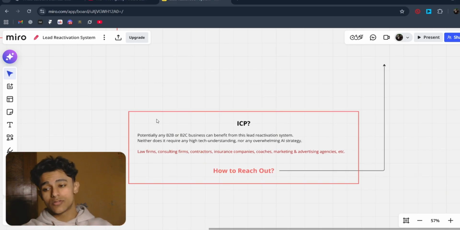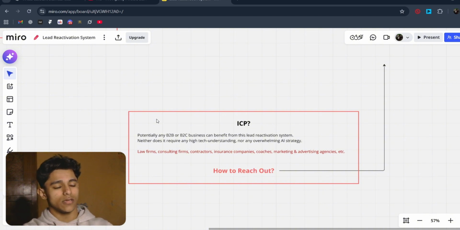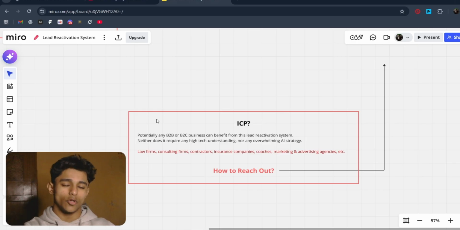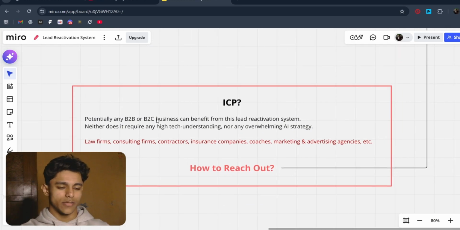So what industry should we connect to, or what industry should we target for this lead reactivation system, which is a really common concern you might have already raised in your mind if you're a complete beginner, or if you're just starting out with this agency thing. So let me just tell you, it's pretty simple, okay? This ideal client profile thing, or